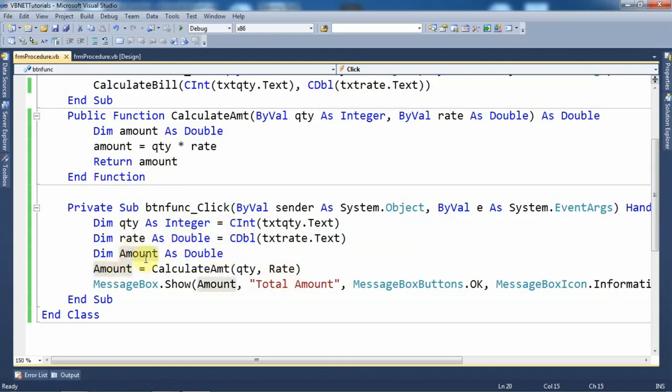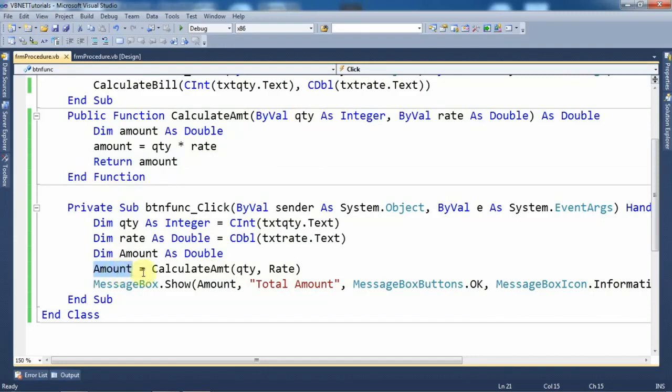Then I have declared an amount variable of double data type. And then I have called my function, calculate amount, and passed these two values as arguments to the function. So this quantity and rate will be assigned to these arguments. Calculation is done and the result is returned from the function with the help of this return statement, and that value is assigned to this amount variable.